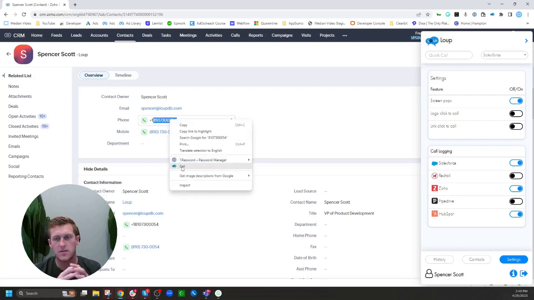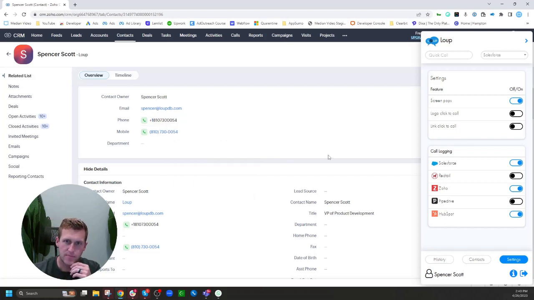So we've got pretty much every version of click to call in existence, at least that we are aware of. So what's awesome about that is if you have people coming from other platforms that are used to a click to call method, likely we can support it. Last but not least, we have screen pops. I personally like to screen pop Zoho Zia search. We can screen pop right inside of Zoho CRM if you're using that, but the Zia search I like